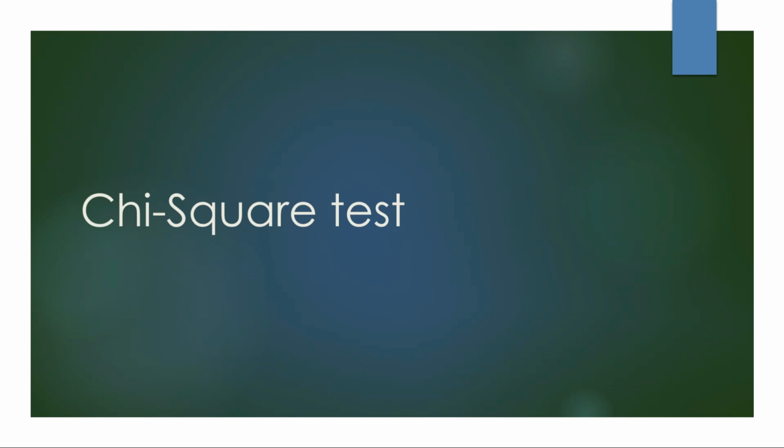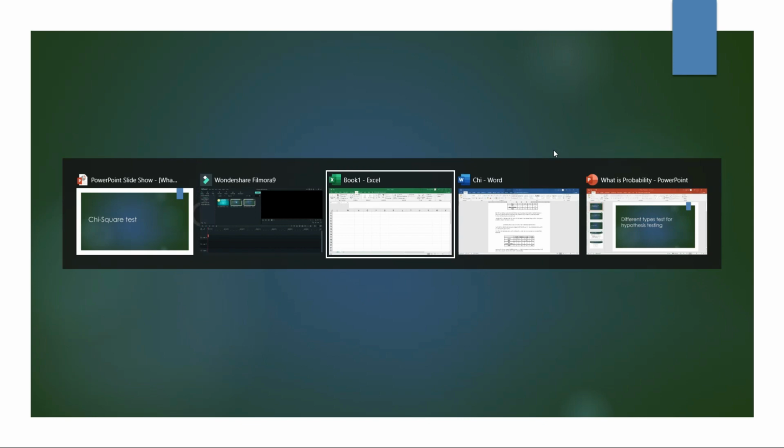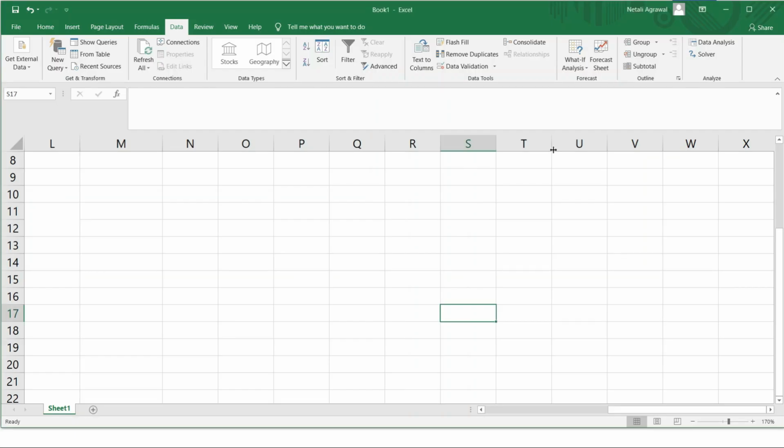How will you create different categories? You can create different buckets or bins, divide your continuous variable into those categories, and then do a chi-square test. But specifically, the chi-square test is to be done on a categorical variable. So let's begin with how to do a chi-square test. I will take a simple example and we will see the basic calculations of how the chi-square test is done.